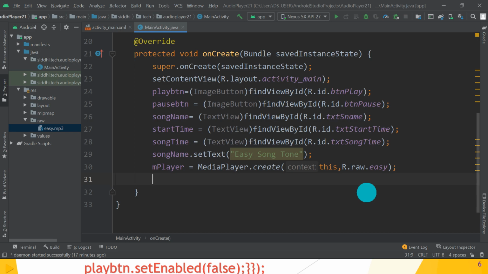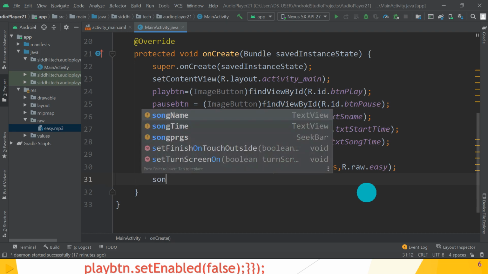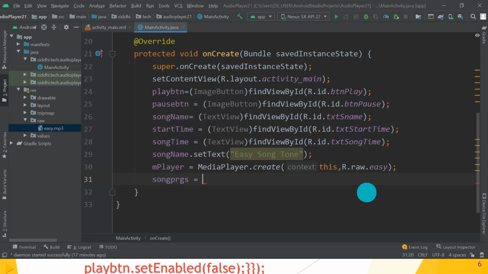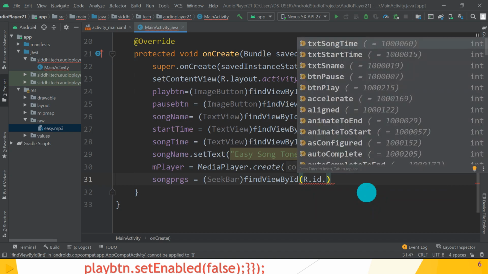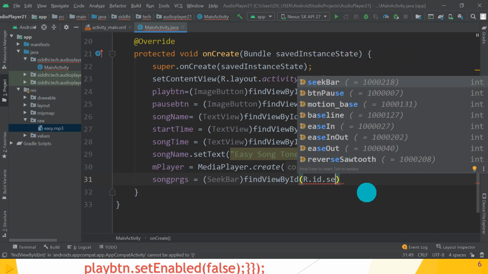Next, one thing is remaining, that is song progress is equal to what? It is of type SeekBar. Then findViewById, R.id.seekbar. Great.